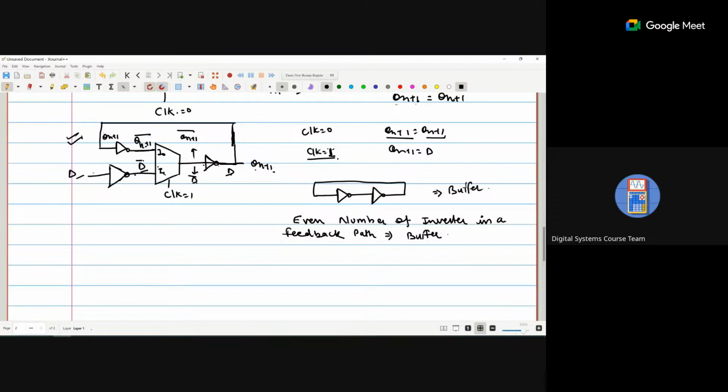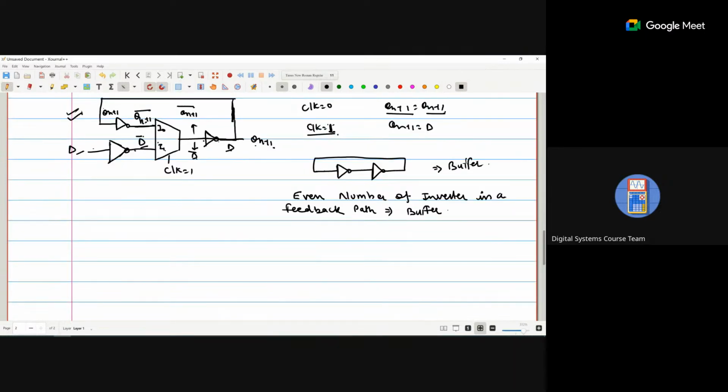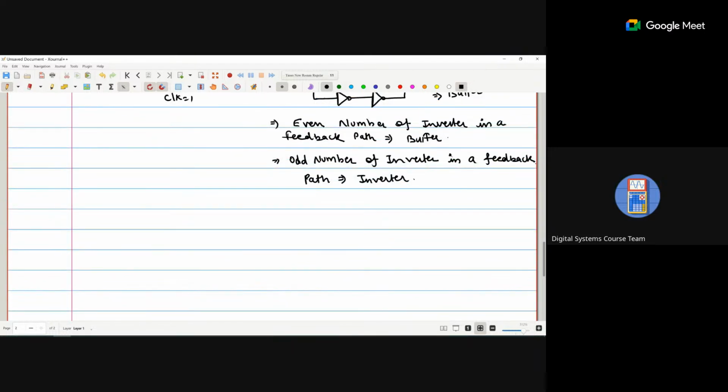What is the meaning of an even number of inverters in a feedback path? I will explain. And when we are using an odd number of inverters in a feedback path, we use it as an inverter. Okay. So what is the meaning of feedback path? Like for example, if we are using this one,